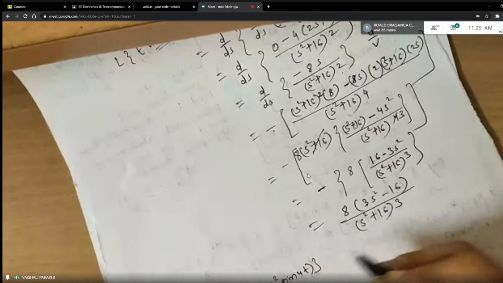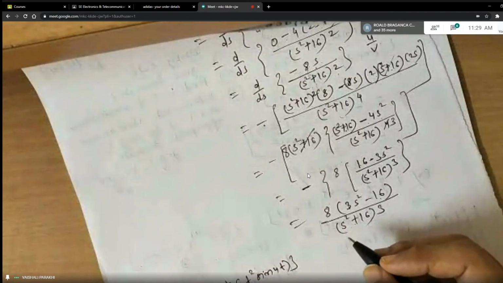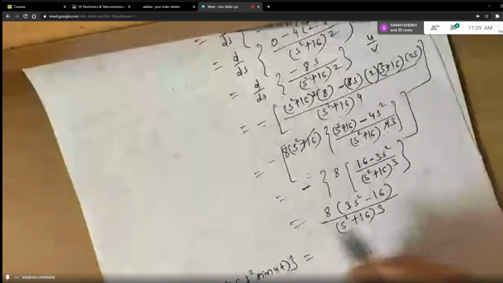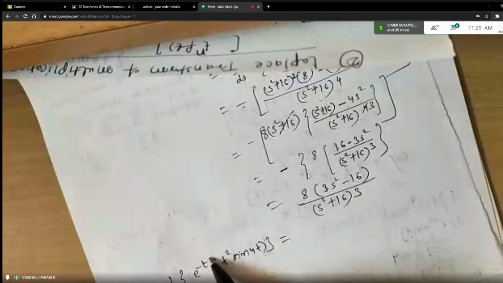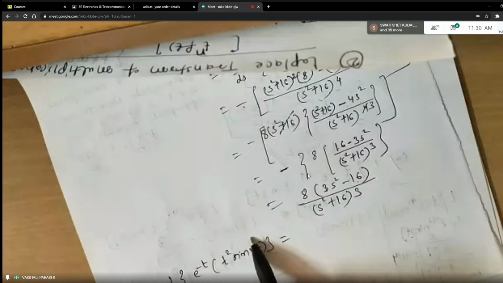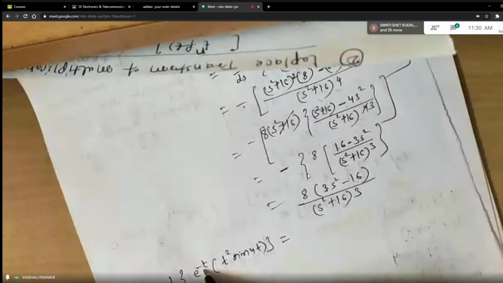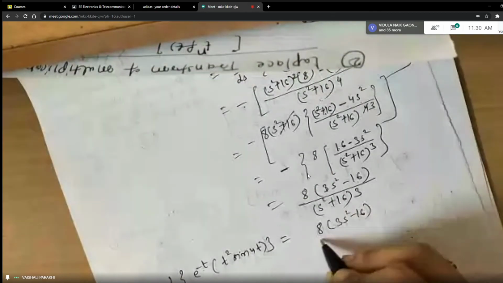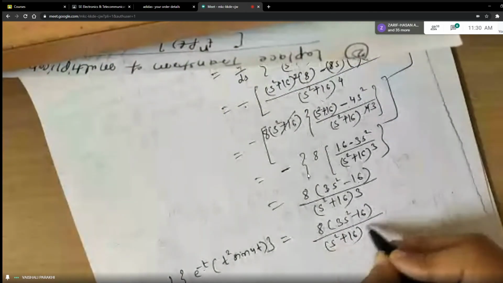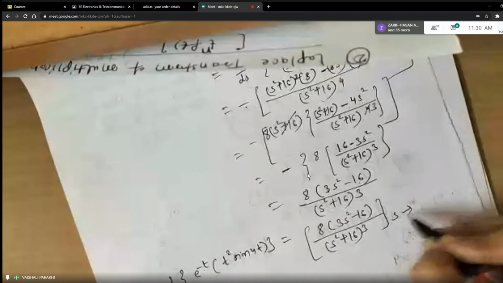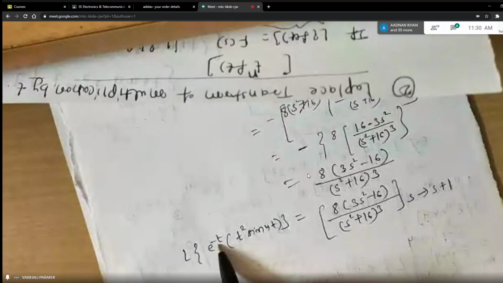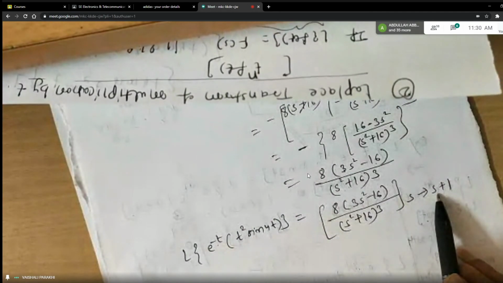So usually these types of problems come in exams, students, for 3 to 4 marks, where you need to use more than 2-3 formulas at a time. Now what this first shifting property says: you have to ignore the term in e raised to minus t, get Laplace of this, and whatever answer you get, replace s by s plus 1. Whatever answer means what? On top we already got some answer, right? In this answer, wherever there is s, you are putting s plus 1. Why s plus 1 here? Because e to the power minus 1, so it should be replaced by s plus 1.